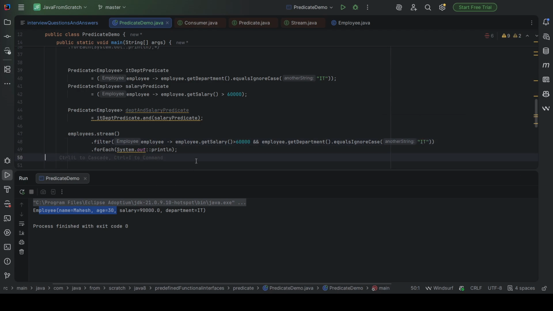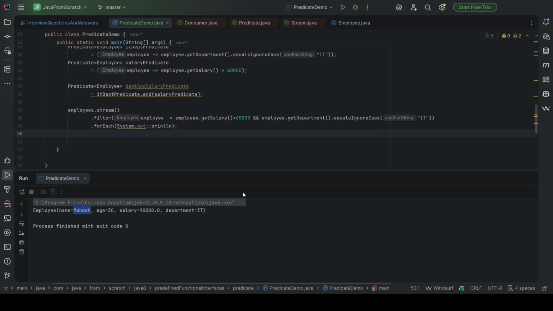It is equivalent to this one. Now also we will get Mahesh as our output. If you see, now also we got Mahesh as output.